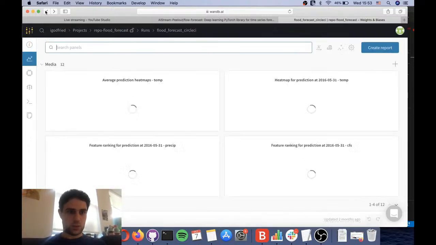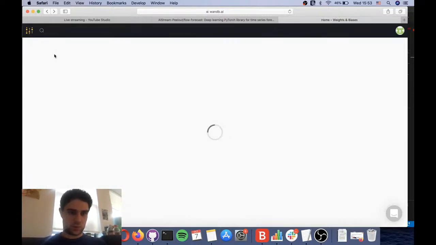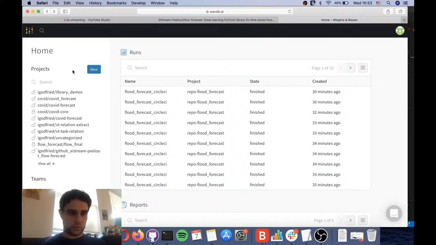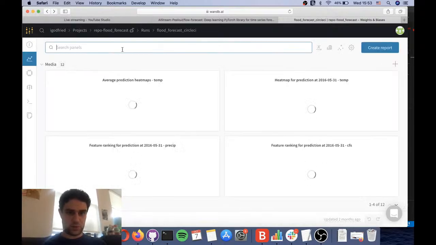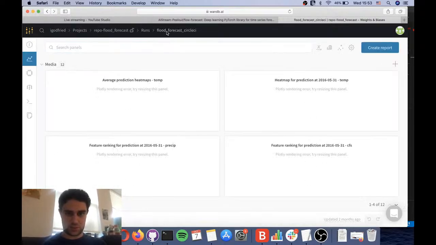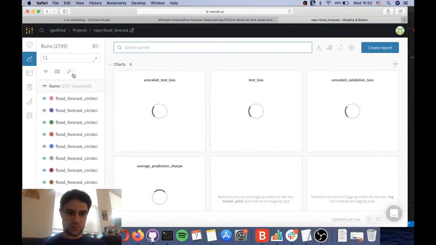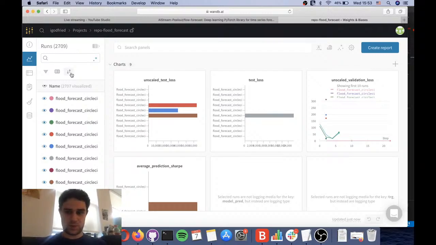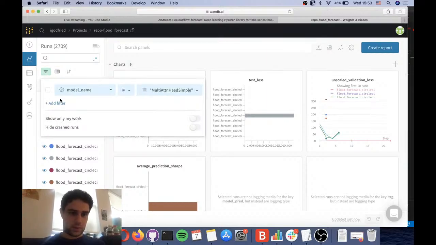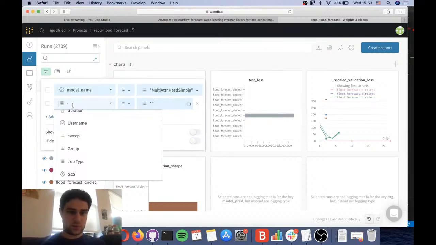I don't know. I probably have to filter. Again, for people unfamiliar, we use Weights & Biases to monitor all our runs, and even our unit tests sometimes log to this repo of Weights & Biases, just so we know stuff is logging properly. So I'm just going to try to find